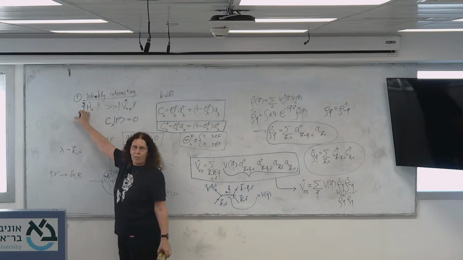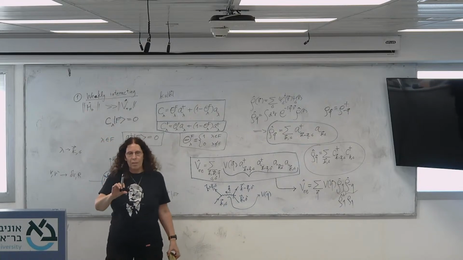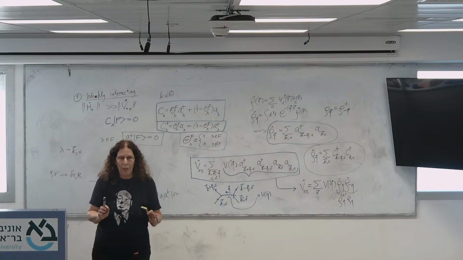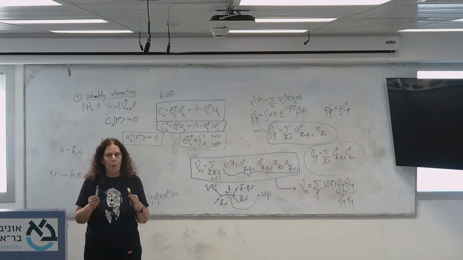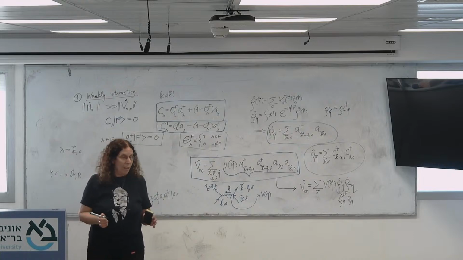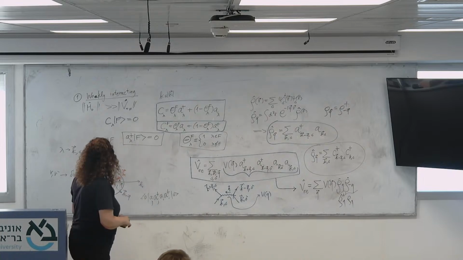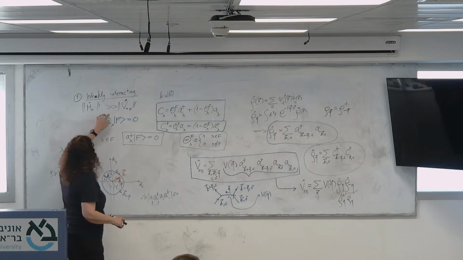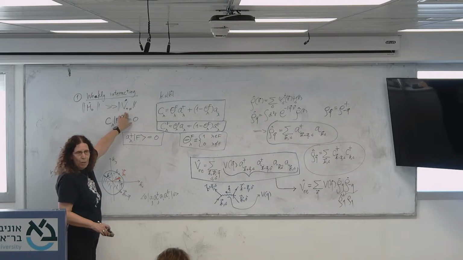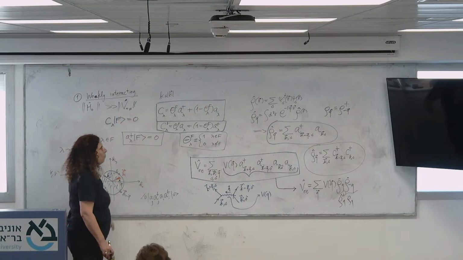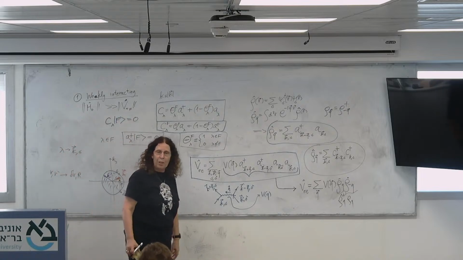H naught, the non-interacting part, I solved. I know the spectrum, I know the ground state, everything is solved. And now I want to add the interaction as a perturbation. But I can have an opposite situation,